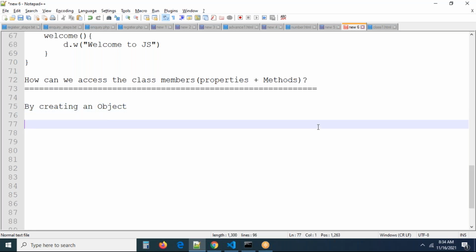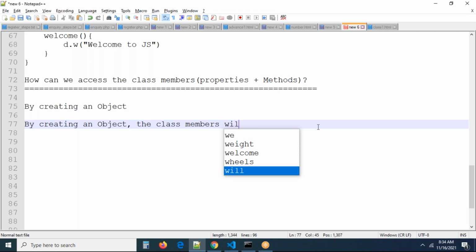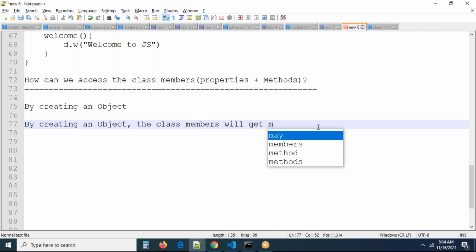Remember carefully. I'm writing one point. So in an interview, the question may be like this: how can we access the class members? By creating an object. Why should I create an object? What is the purpose of creating an object? If you create an object, what will happen? This type of question they will ask us in an interview. Right now, I'm writing one more point here. By creating an object, the class members will get